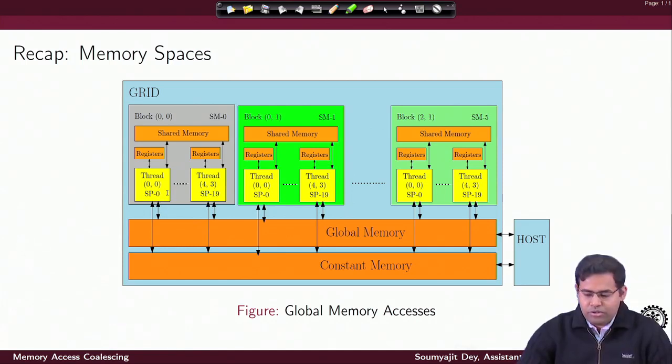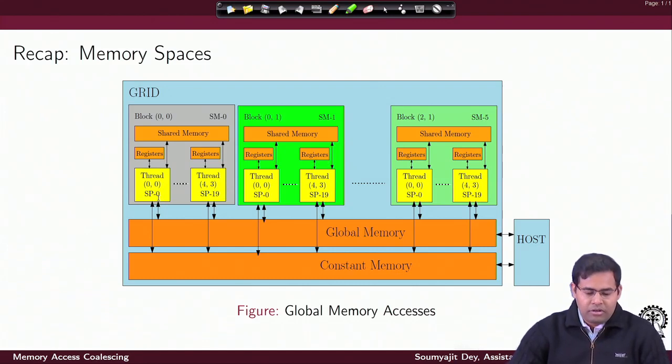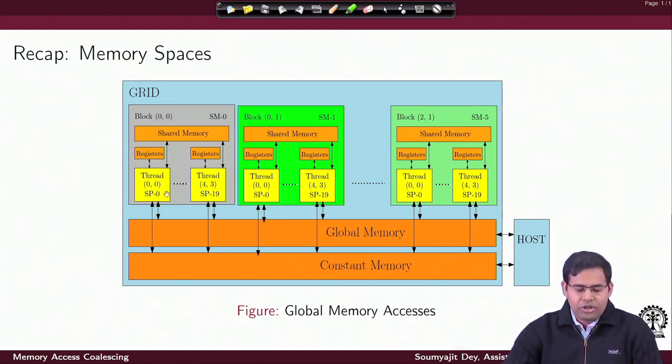So, here we have just shown this earlier picture, that how each of the SPs or the scalar processors are getting mapped to the threads, and they are executing the threads, and of course we will have scenarios where we have more threads than the number of SPs. So, that would require another lower level of scheduling of the threads on the SPs, and that is how things are done as discussed earlier.